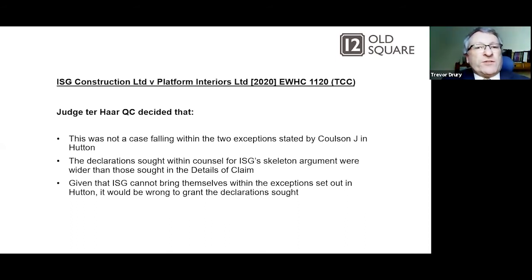So Judge Tahar QC decided that this was not a case falling within the two exceptions stated by Coulson J in Hutton. The declarations sought within counsel for ISG's skeleton argument were wider than those sought in the particulars of claim. So counsel was going much wider than had been set out in the particulars. And given that ISG cannot bring themselves within those exceptions set out in Hutton, it would be wrong to grant the declarations sought. So in that case,